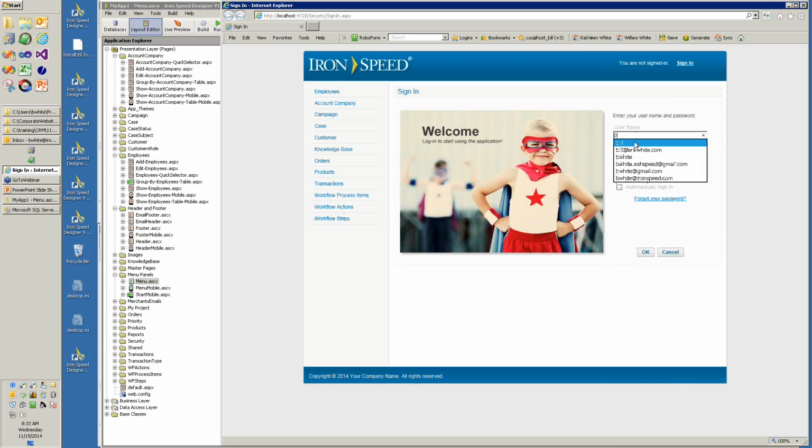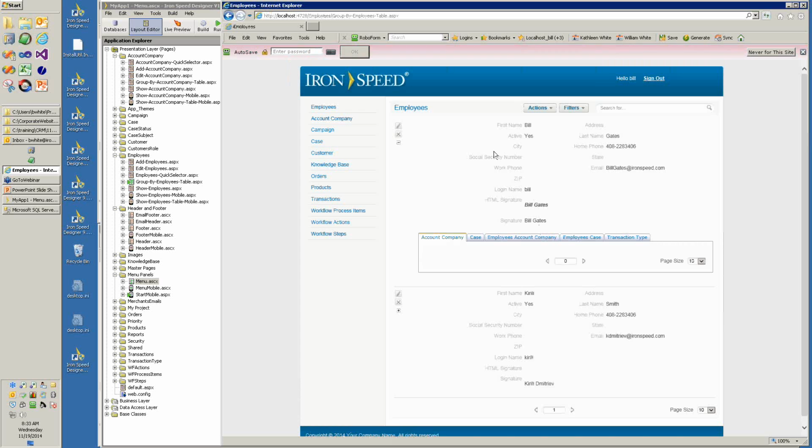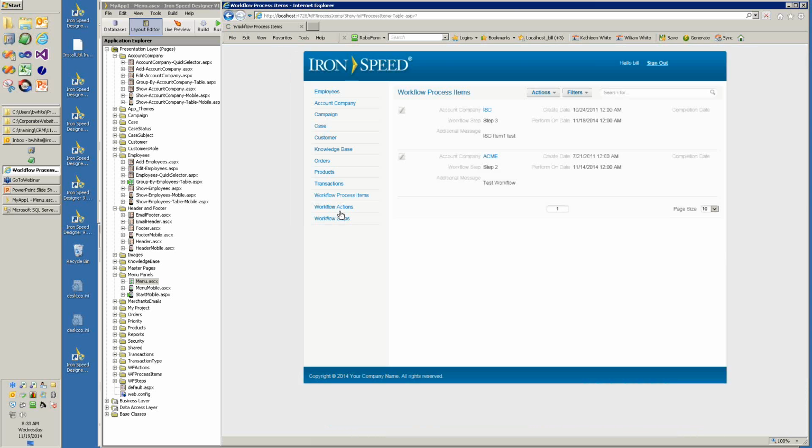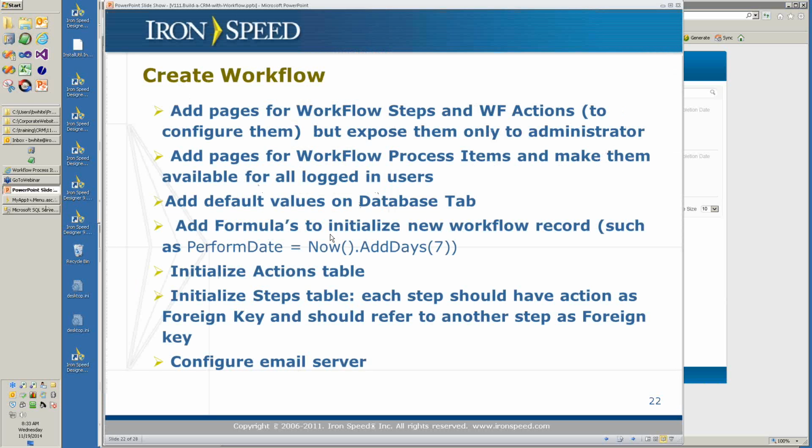So we'll log in. And since we're just using first names, it's easy to remember. And so now we're looking at our employees table. And so we have employees. We also have workflow process items, which when we look at them, we don't have any way to go process the items. There are items waiting to be done. I've added some data, but we don't have them. And so now let's go to